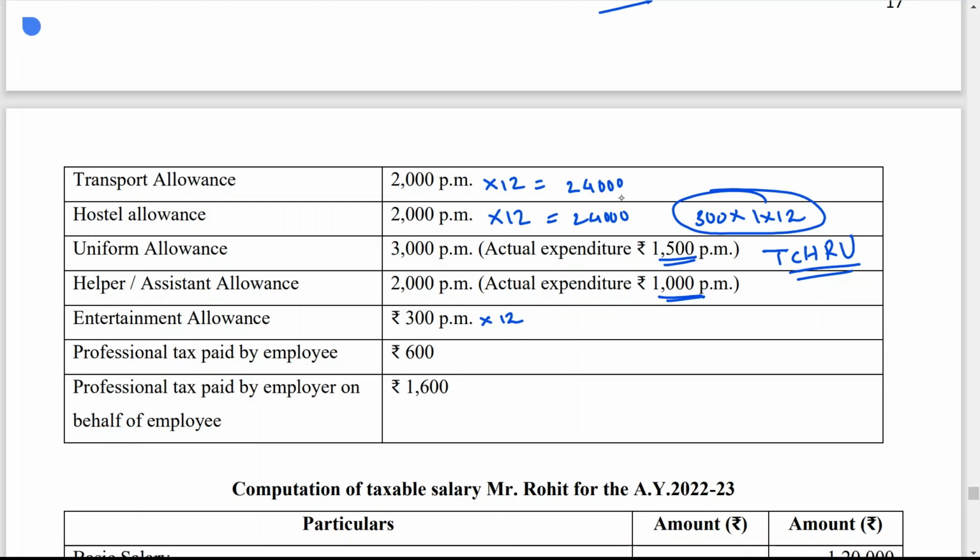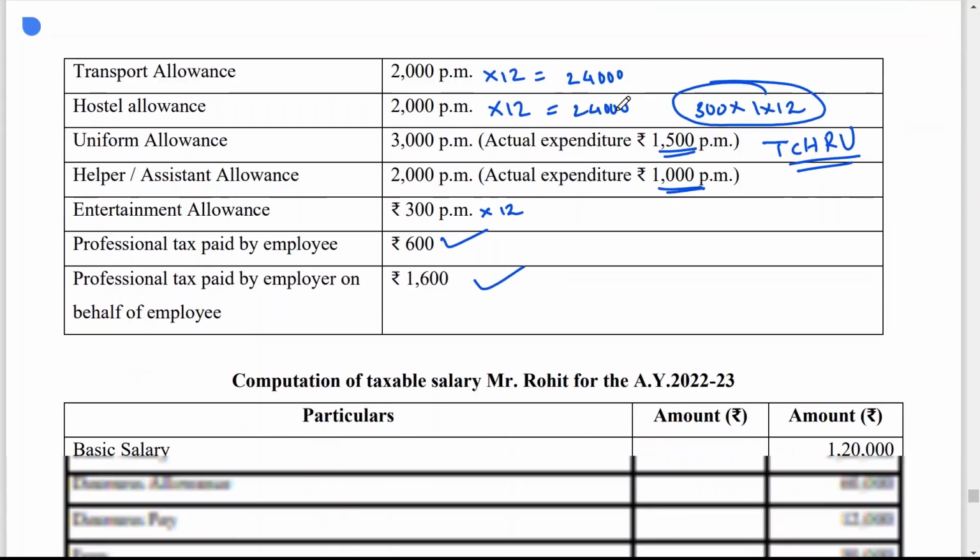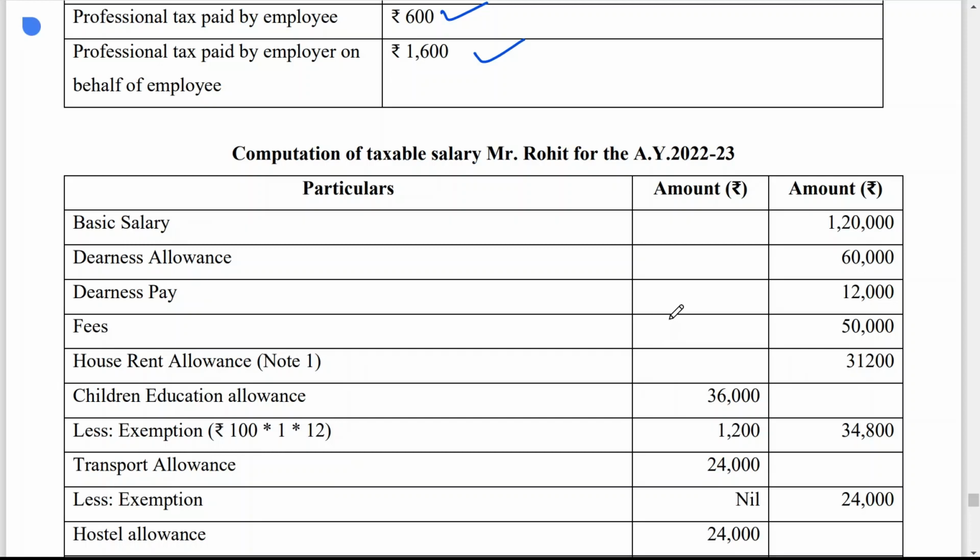Professional tax paid by employee. So this is tax paid by employee. Now it is not considered as a perquisite because he is paying the tax, but professional tax paid by employer on behalf of employee. So that means here employer is paying on behalf of employee, then this will be added as a perquisite in the income of Mr. Rohit. Now let us calculate computation of taxable salary of Mr. Rohit